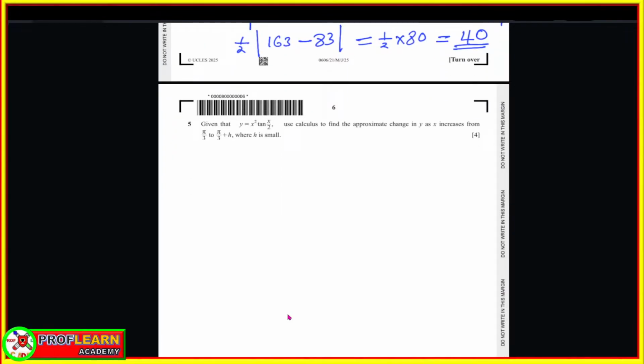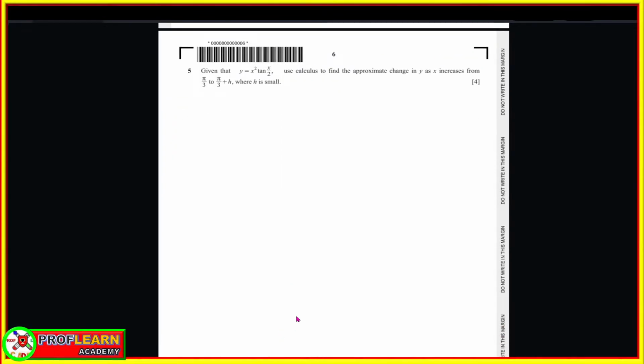You may be given a question to do with small increments. If you look at this, you are given y is equal to x squared tan x over 2. So which means that you are going to do dy/dx. But now this one is a product rule, so we're going to say this is going to be 2x tan x over 2, then plus, now we're going to keep x squared constant,